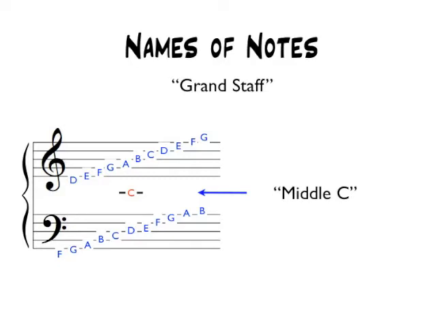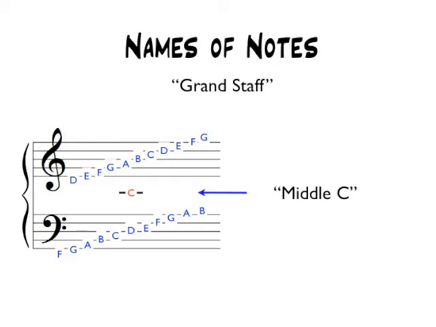Now, when a piano player sees this middle C, it's usually not smack dab in the middle of both clefs, like what you have indicated. Usually it is more towards one clef than the other, and the reason for that is that it indicates which hand you want to be playing this middle C. If it's closer to the bass clef, usually that means your left hand. Closer to the treble clef, your right hand. For this visualization purpose and demonstration, I put it right smack dab in the middle,